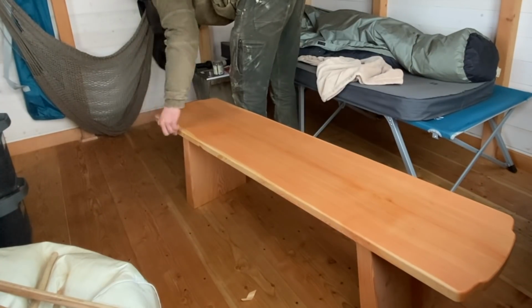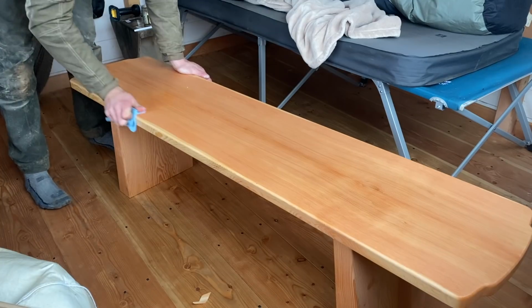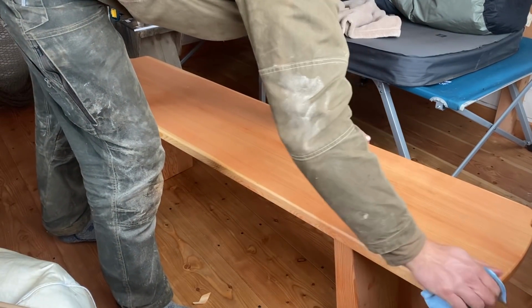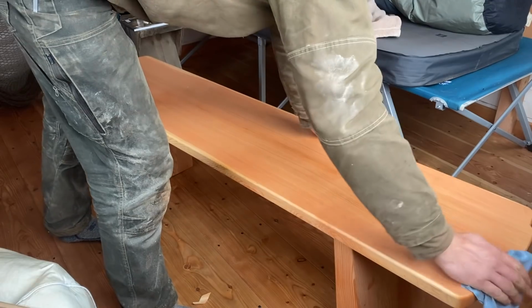Okay, so I let it sit and kind of soak in for about an hour. And I'm just going to buff off any extra